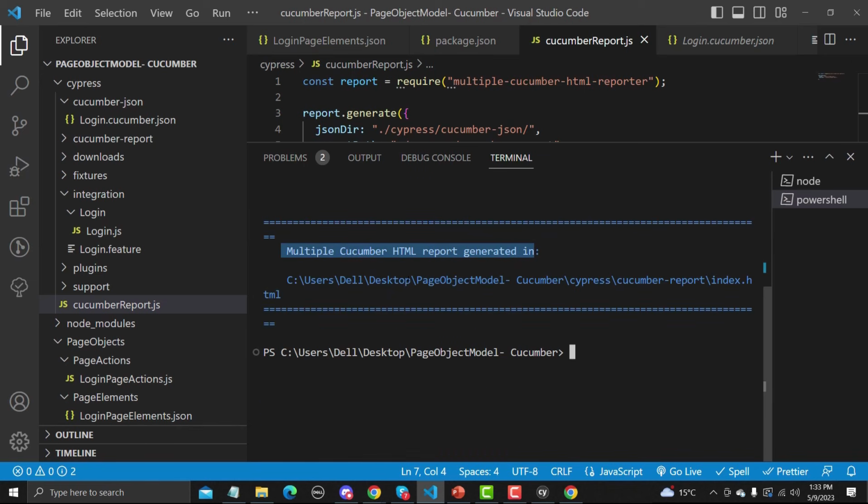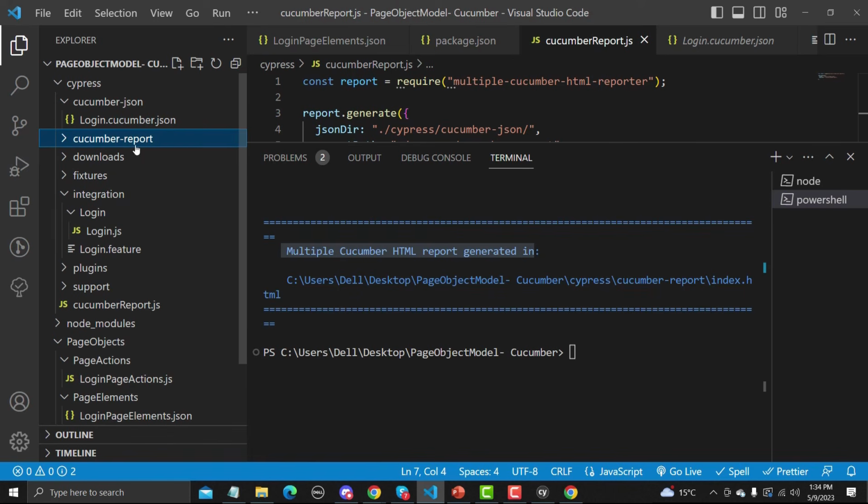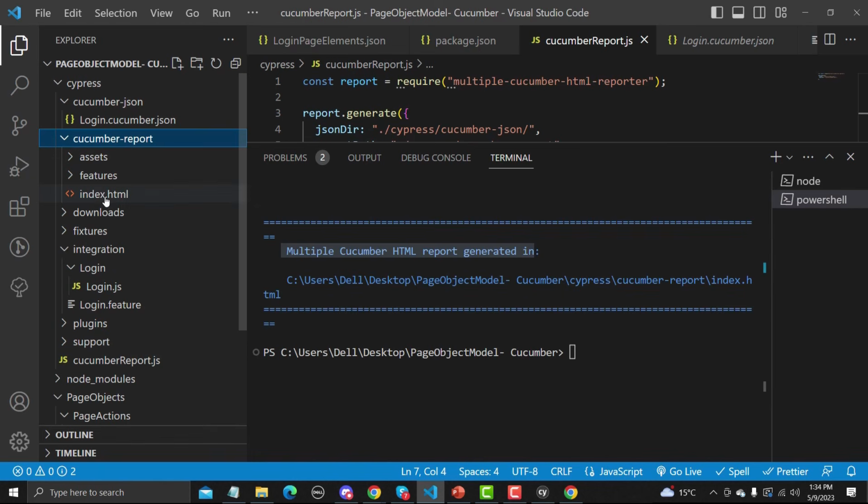As soon as you hit enter, you will see that it says multiple cucumber report generated here in your directory, right? You can directly jump into this directory, or else you can go here and you will find the folder cucumber-report has been generated, and inside that we have this index.html.